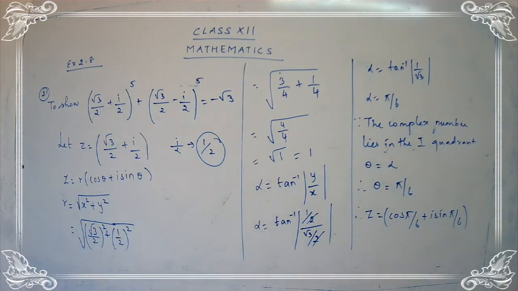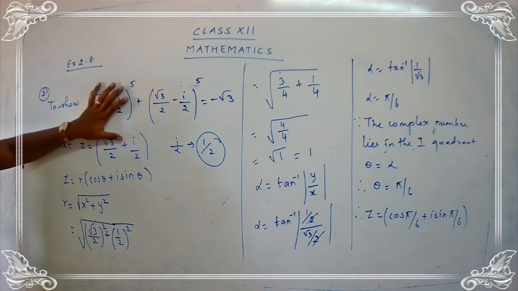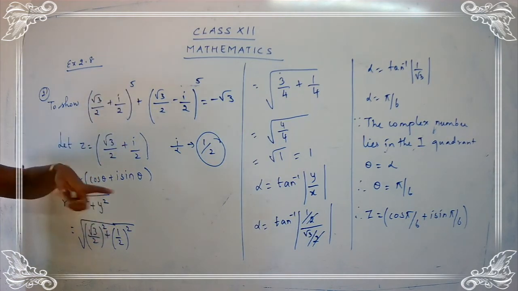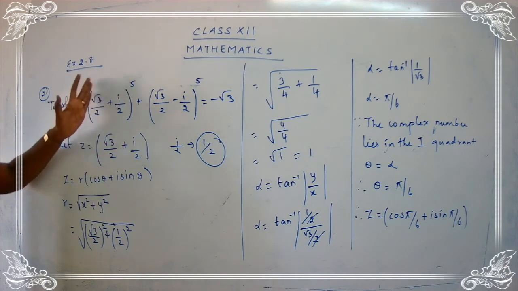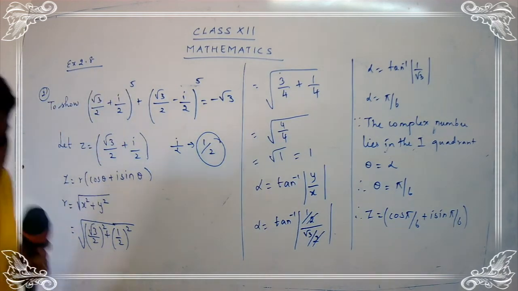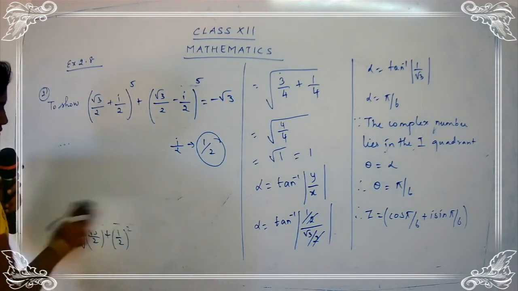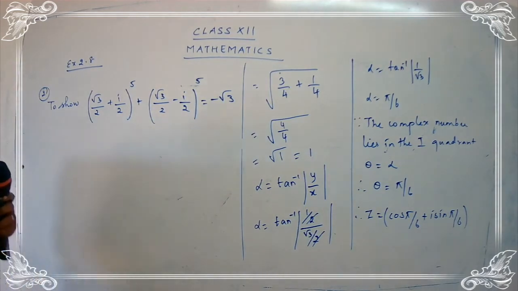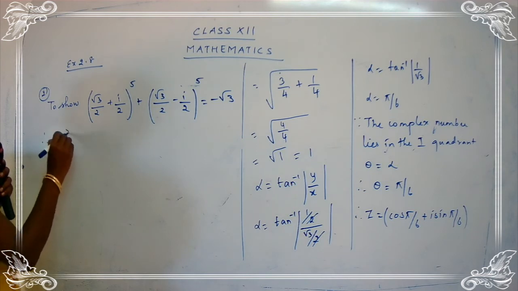Okay, so we have not completed the whole thing. We have only taken the inner part, that is, we have just taken the real part and the imaginary part. We did not take the power. Now what we are going to do is take the power and completely complete our first term. So write down here. Therefore, z raised to 5 is equal to